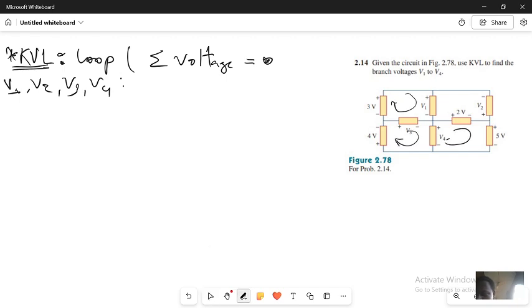I have also this loop. We discussed loops yesterday, that a loop is a closed path in a circuit. So let's say, for example, I have loop 1, loop 2, loop 3, and loop 4 here. In loop 1,